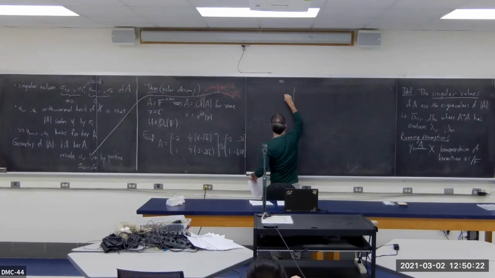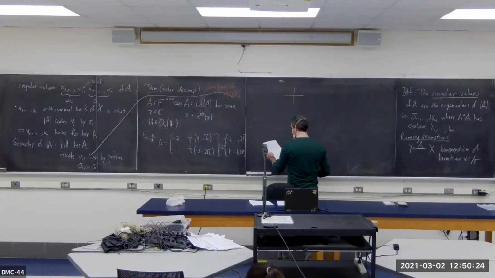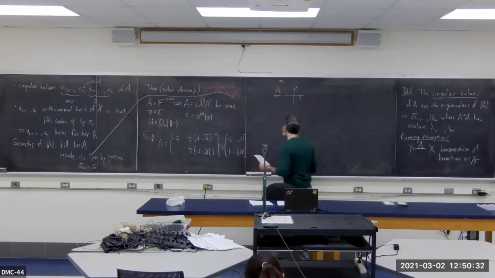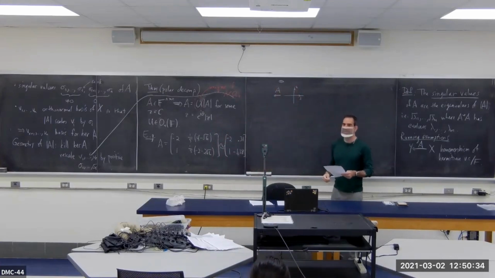If this is the first standard basis vector, and that's the second standard basis vector, then when I map by multiplication by A, where do these things go? This is 221, very basic 221. They go to the columns of this matrix. So the first standard basis vector goes to